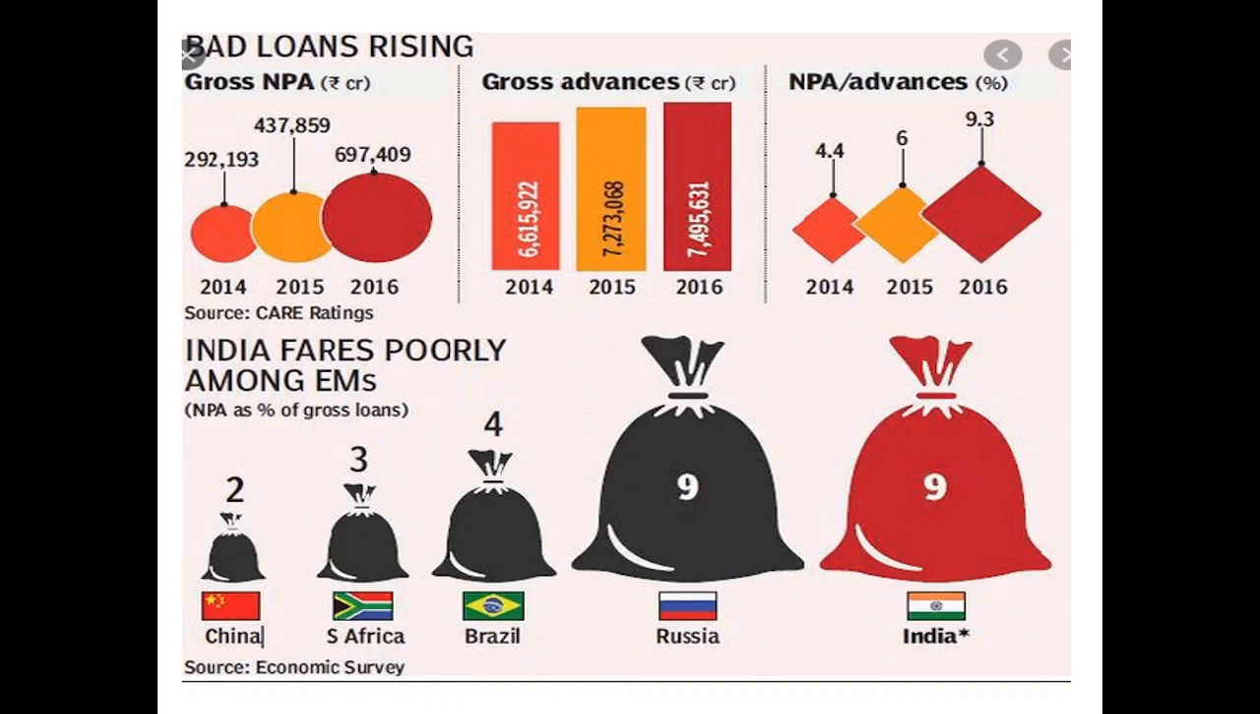Earlier in this chart, it is China on fifth position, then South Africa, Brazil, Russia, India. So these are BRIC nations for which values have been compared. This is nothing but NPA in percentage of gross loan. So 9% is very high for India. Russia is very close to India, and Brazil has 4%, South Africa 3, China 2. What it means is that China is best in terms of NPA management. They are able to contain it